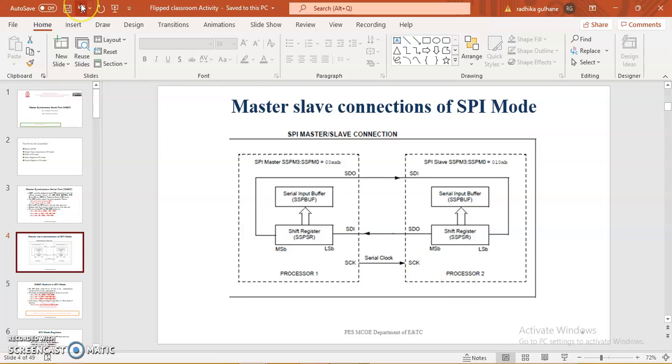So when it operates in master mode, the master can initiate the data transfer at any time because it controls the S clock. The master determines when the slave is to be broadcast data by the software protocol. So in master mode, data is transmitted and received as soon as the SBUF register is written.